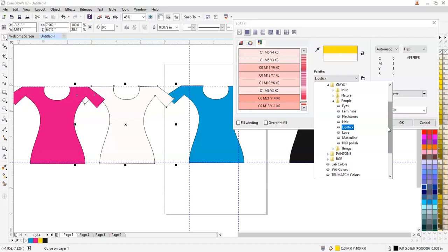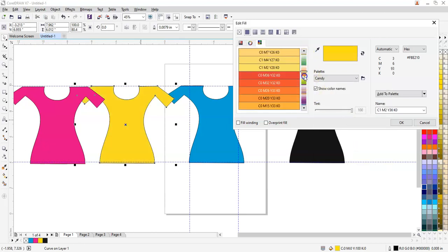Now these are only single colors. In the next lecture we will see how we can have multi-colors, mixed colors, and a detailed colorization or mixing of the colors. Now under things, you can say candy, then you have the candy colors.